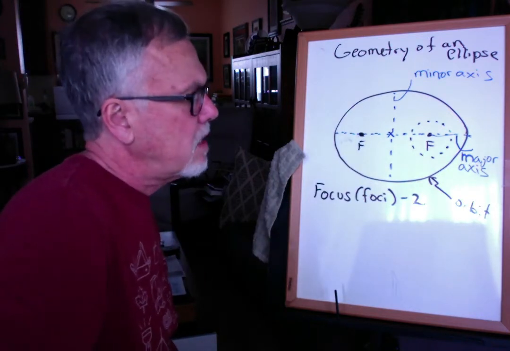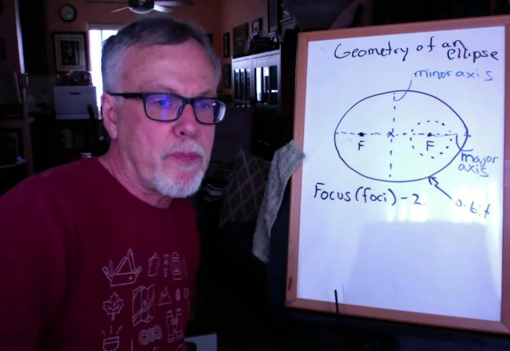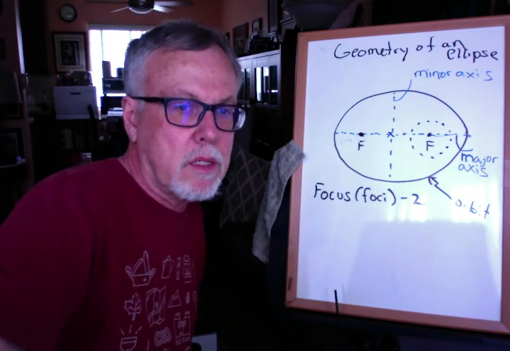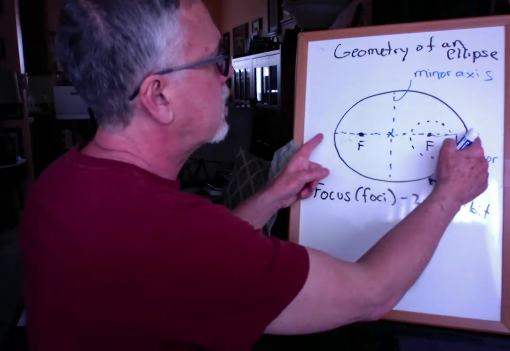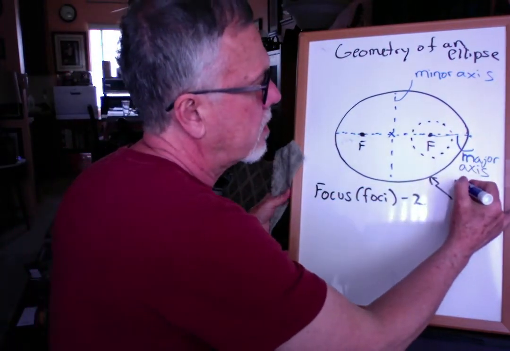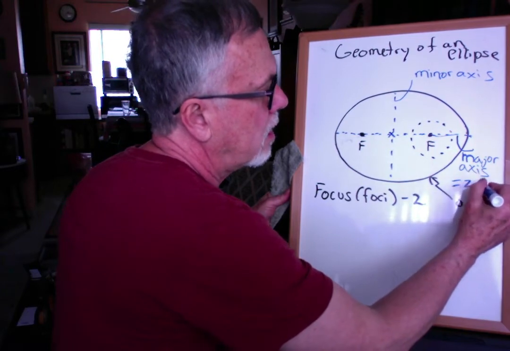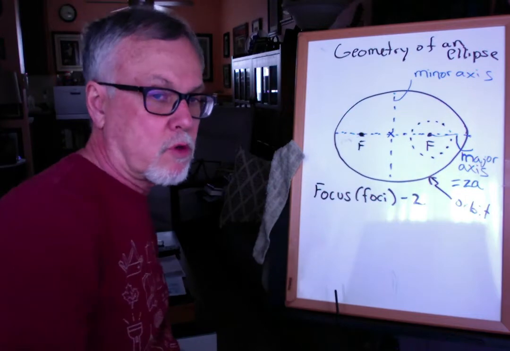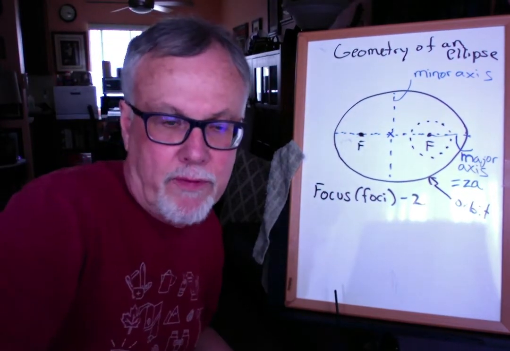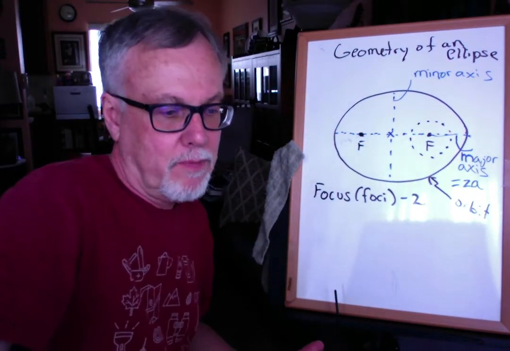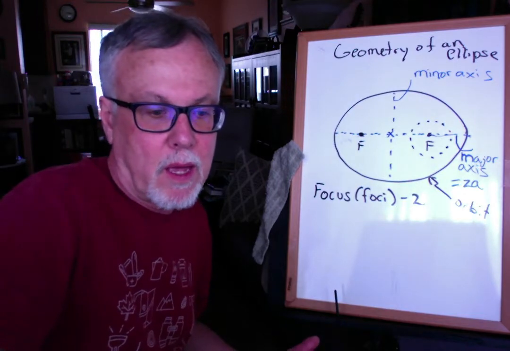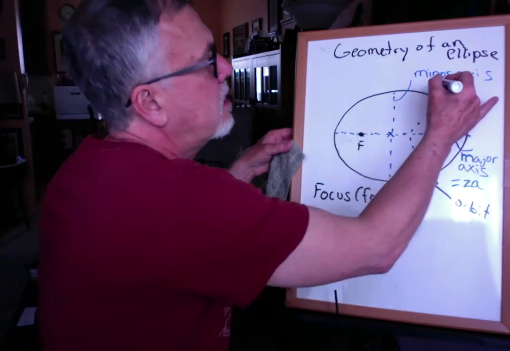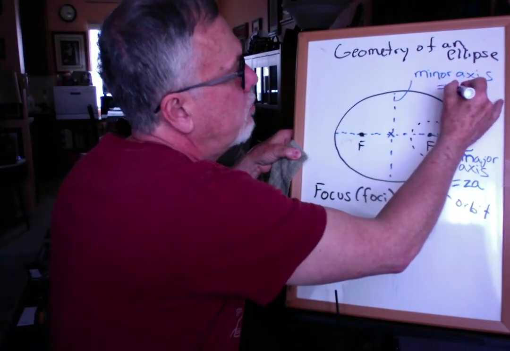Now we have a symbol that represents basically the lengths of this. So the length of this is about a foot, but we call the length of the major axis 2a. So in this case, 2a would equal about a foot on this particular drawing. For planets, 2a for the major axis for a planet, it might be millions, if not hundreds of millions of miles, depending upon the planet. And the length of the minor axis is 2b.